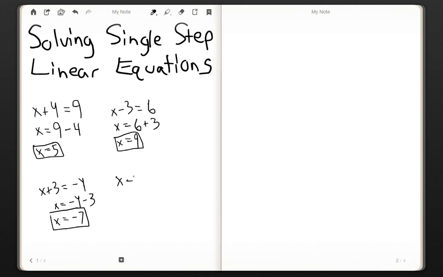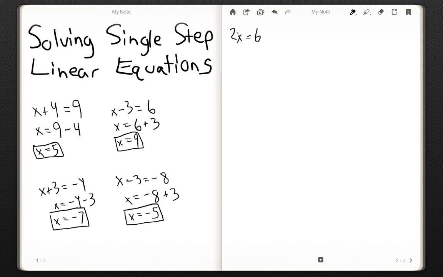X minus 3 equals negative 8. Move the negative 3 to the other side, it becomes a positive 3. X equals negative 8 plus 3. And that is negative 5. Okay, so that's addition and subtraction. That's pretty simple. Now let's move to